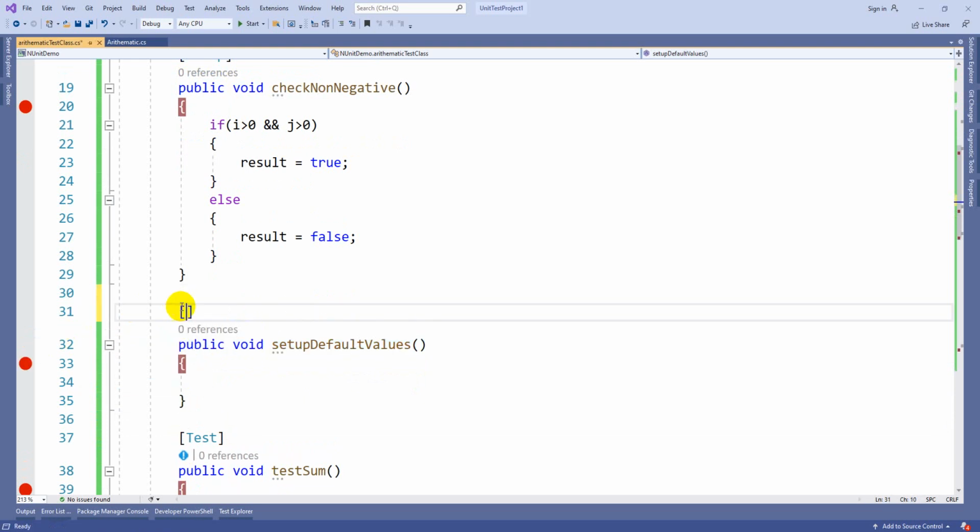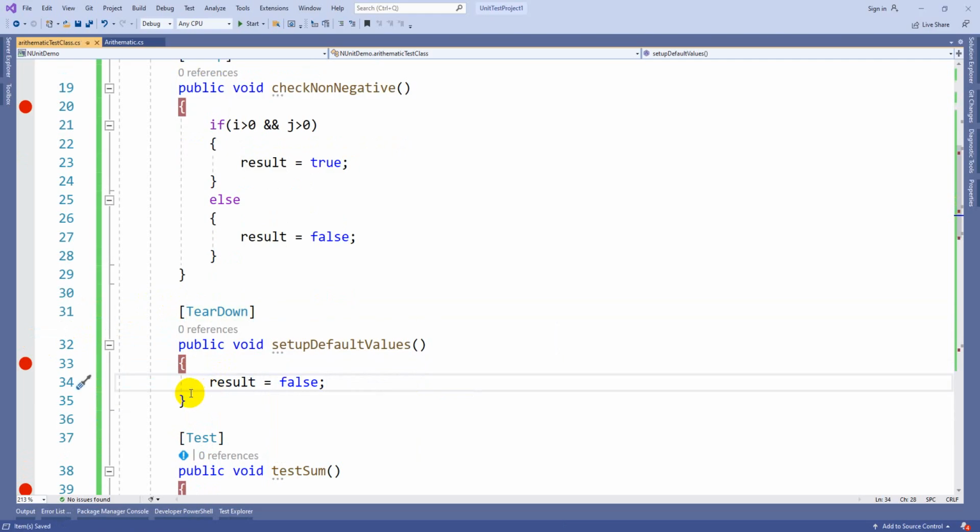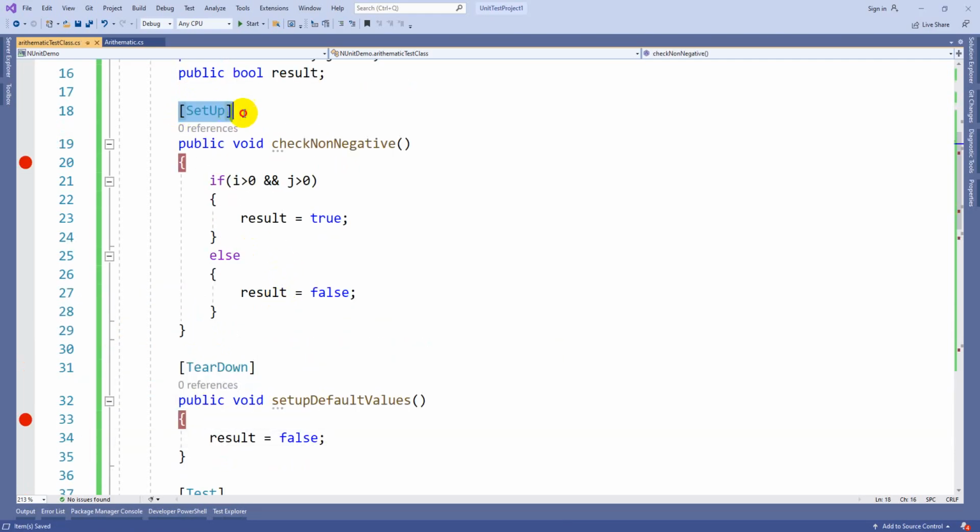For that you are going to use an annotation called TearDown. Here I am going to make result false every time after executing every method. So SetUp will execute before the test case, TearDown will execute after the test case. In between, every test case will get executed.